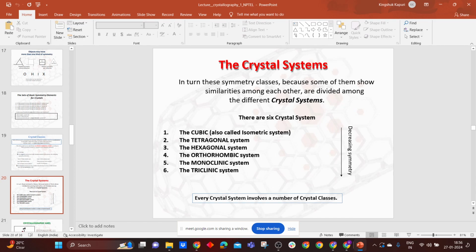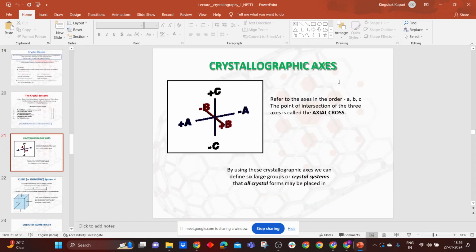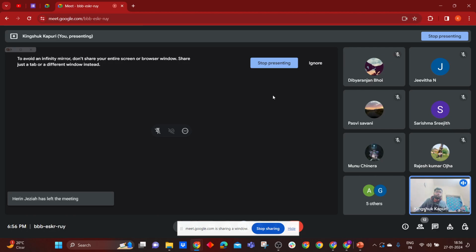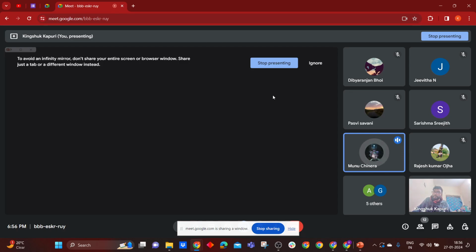Now, as we are dealing with 7 crystal systems, each crystal system has a normal class. Do you know what a normal class is? Sir, the class which shows the highest degree of symmetry elements is its normal class. Yeah, exactly. So you know it. A normal class is the one having the highest number of symmetry elements. So 4/m 3̄ 2/m is also a normal class.